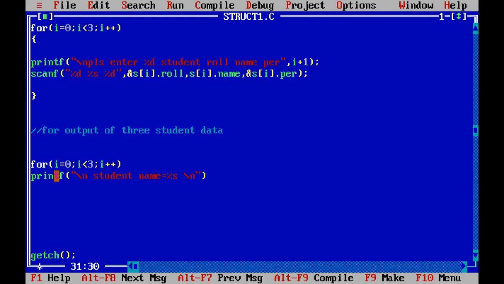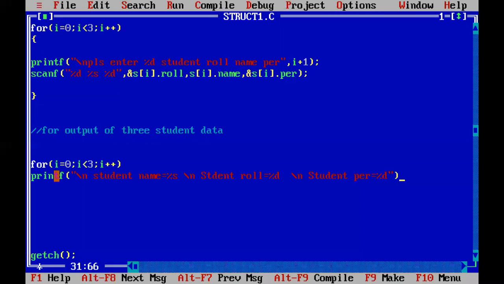And student roll number equal to percentile d only. Again one more backslash n, and student percentage. Student percentage equal to percentile d only, comma.